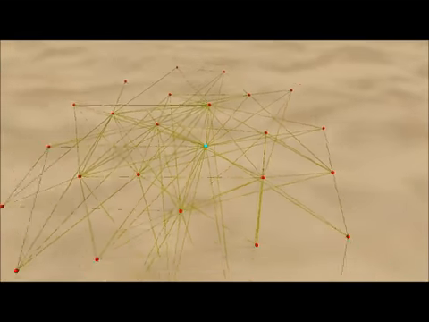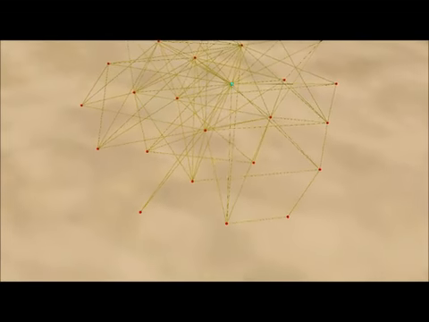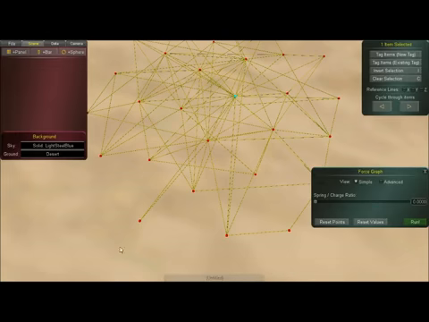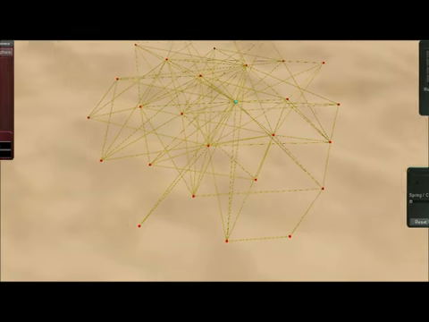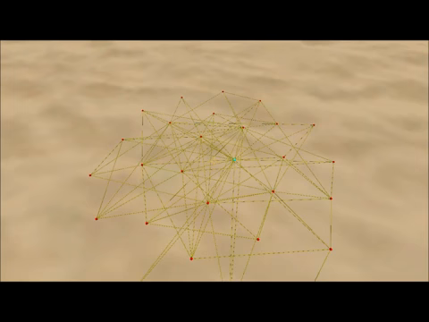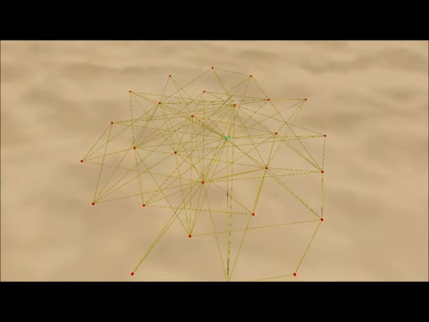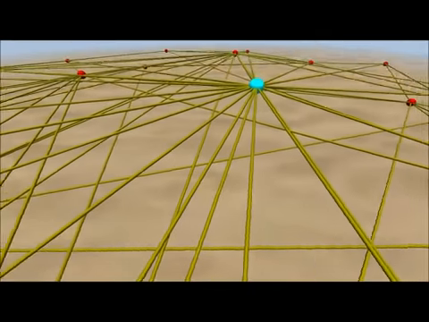You'll notice the points which are least connected, so we've got a couple here on the edges which have just two connections there, two connections there. They've been pushed out right to the edges. So what we're getting is a far more natural or realistic view of how that network works. If I zoom in,